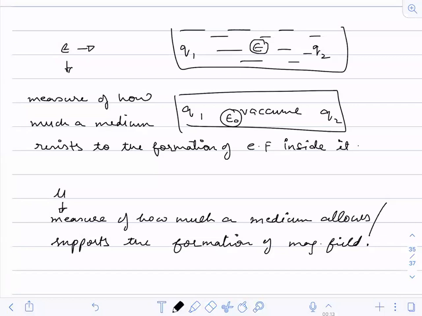So we will stop with this. We will start the numerical analysis. We have just now seen the magnetic field due to a moving charge. Tomorrow we will start with the magnetic field due to a straight wire. That has a little bit of lengthy derivation, so that's why I will be starting from there.